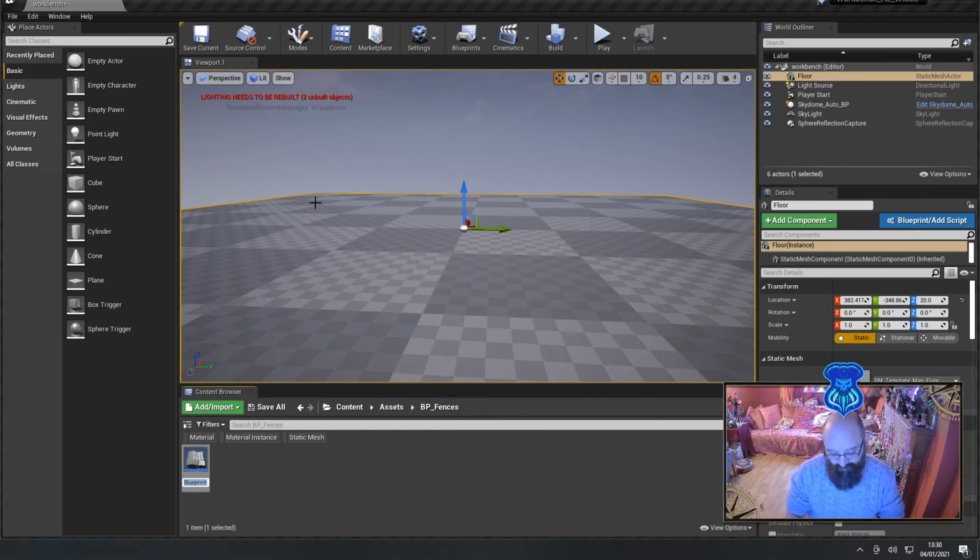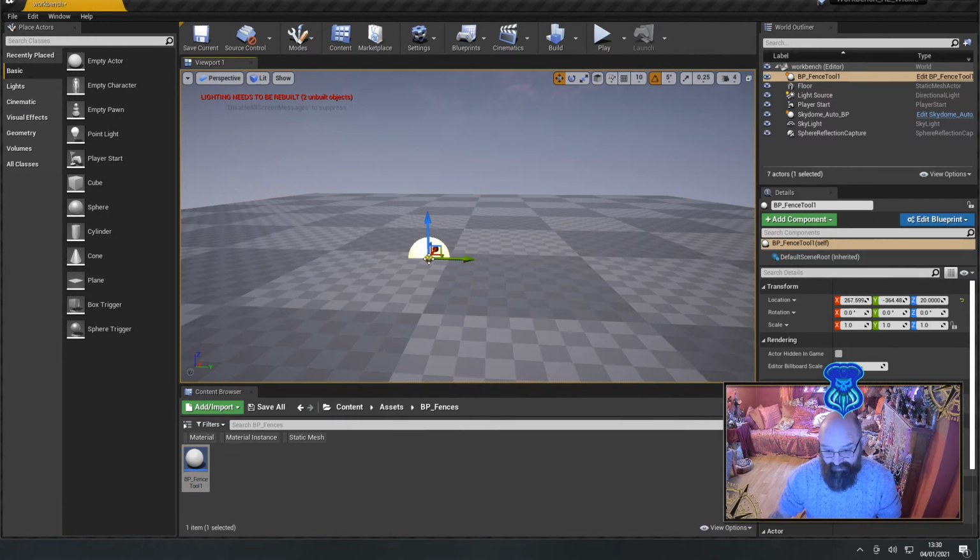And for this, I'm going to call it BP Fence Tool 1. Okay, so now I've got my fence tool, which I can literally drag out into my world whenever I want to. Now, if I open this up,